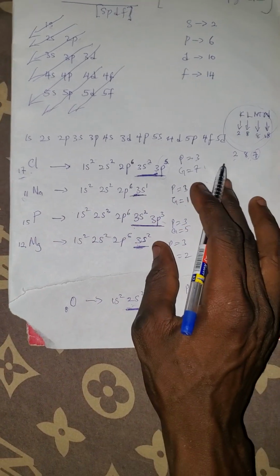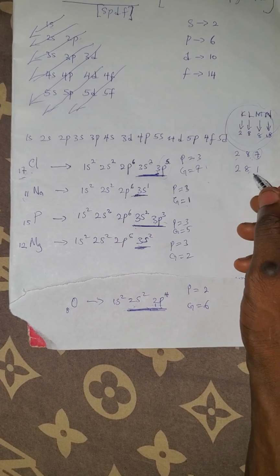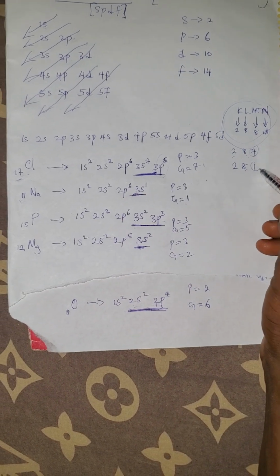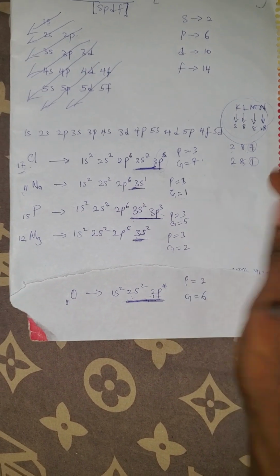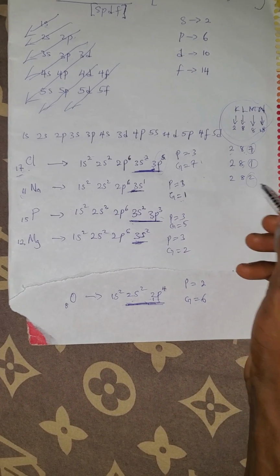Let's talk about the next one. The second one is sodium. Using KLM, that will be 2, 8, 1. 2 plus 8 is 10 plus 1, that's what? 11. If you check this, the last number represents the what? The group. That's group 1. And the period is 1, 2, 3. That's period 3. Next one is 12. That will be 2, 8, 2. So the last number, which is group 2,